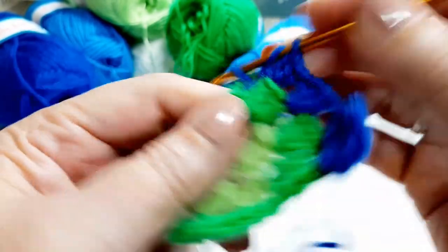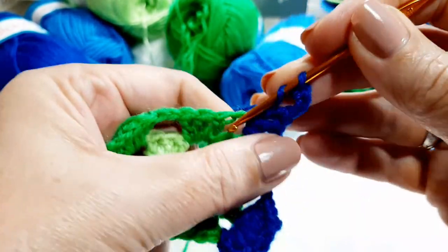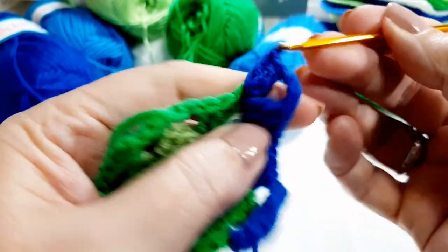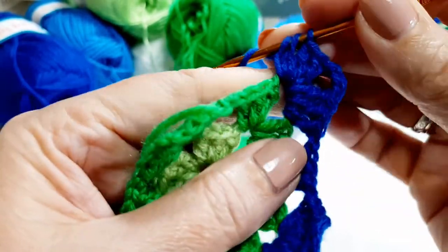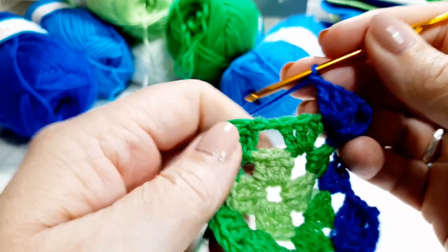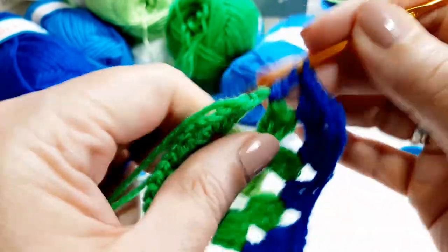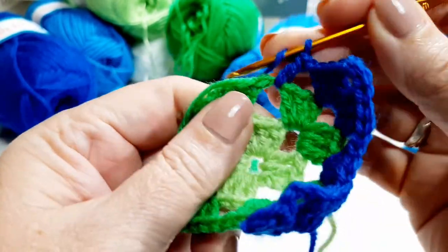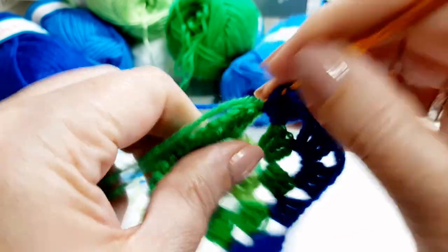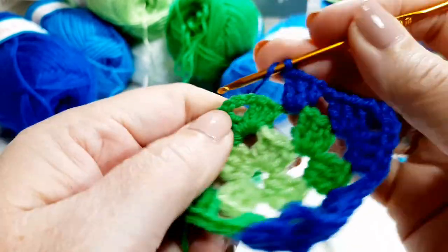There we go. 2, 3, 1, 2, 3, and 1, 2, and 3. Wait. Don't be in too much of a rush. 1 chain brings us to that 1 chain space, begging for 3 double crochets to be placed there. 1, 2, 3. Chain 1 brings us to the corner where we have